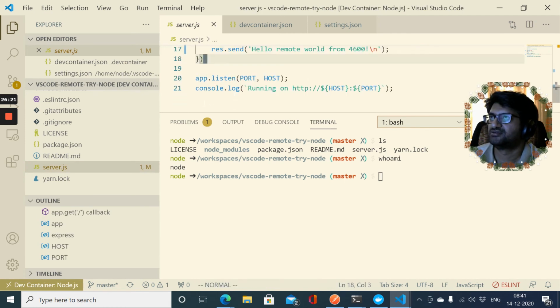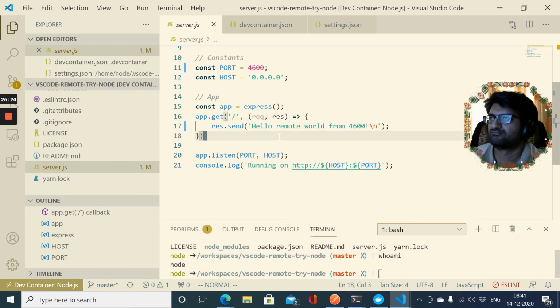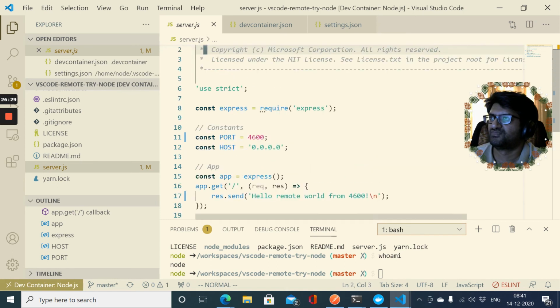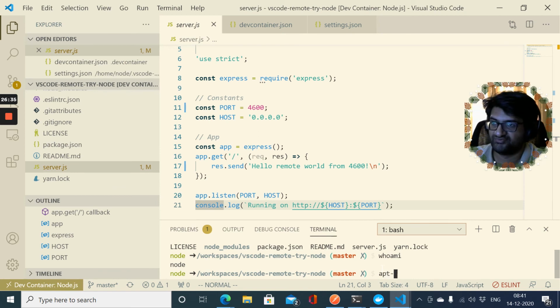So you can even install stuff here if you want, and then you can customize the image.